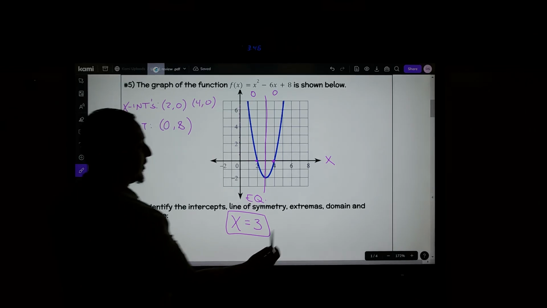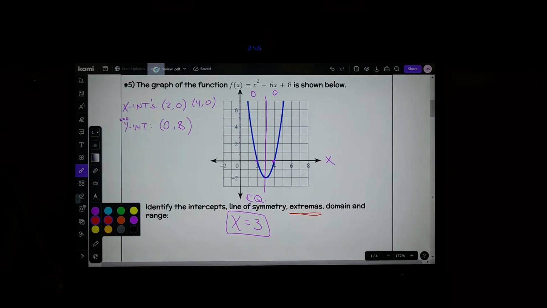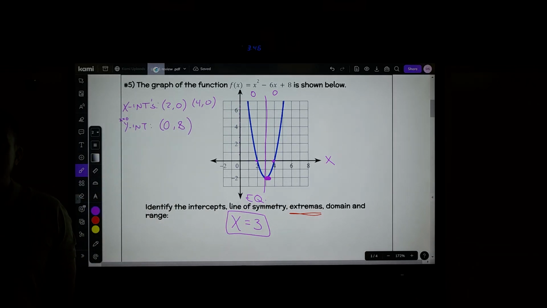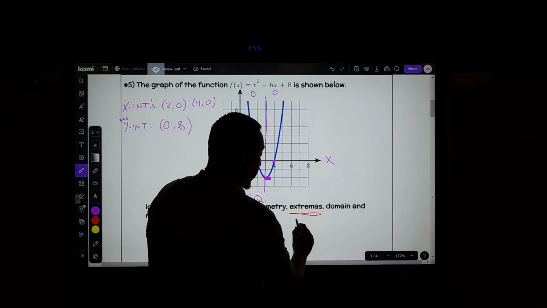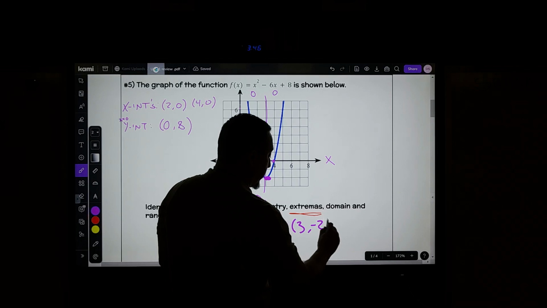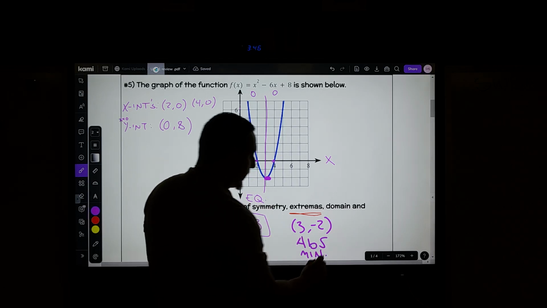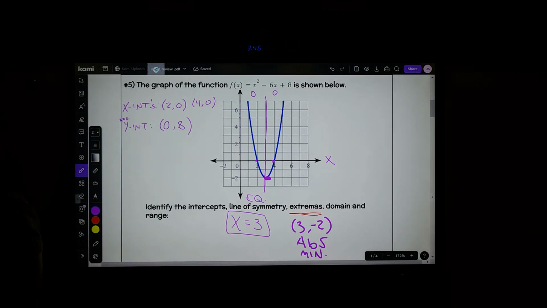Okay, extrema refers to minimum, maximum, absolute, relative. Okay, so on this one, the only thing, bless you, that we have is this one, and it's a what, guys? It's 3, negative 2. 3, negative 2, and what's it called? Absolute minimum. It's the lowest part of the graph. Okay, that's what we mean by absolute. If it was a low one, but not the lowest one,